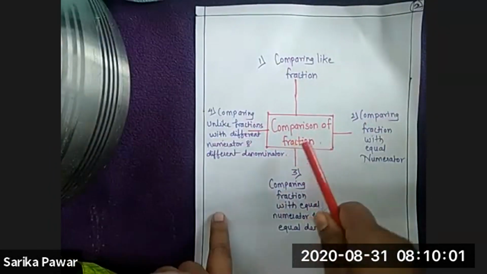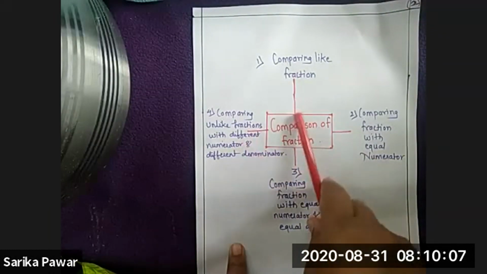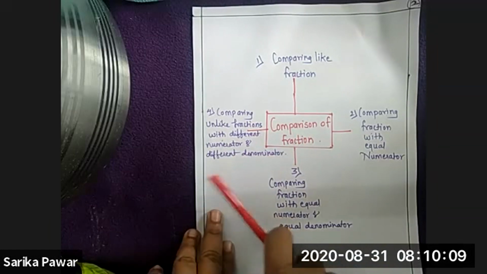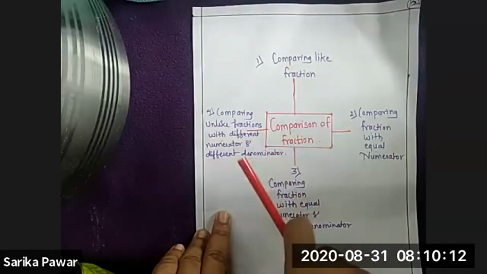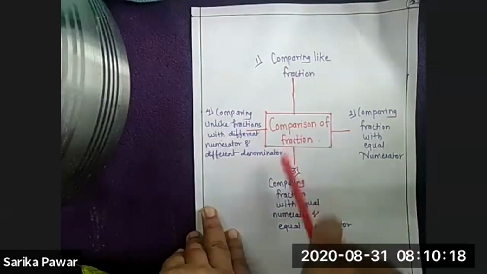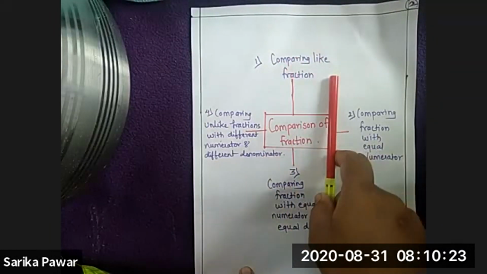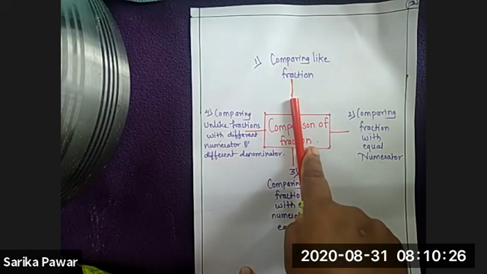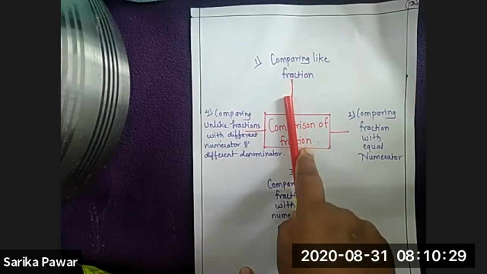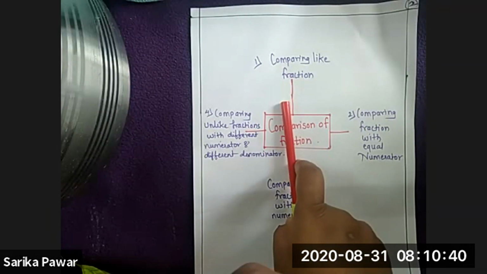Comparison of fractions. I divided this problem set into 4 parts. As per these rules, I segregated the examples accordingly. So now first I'll describe the 4 parts of the comparison of fractions. Let's have the first part, comparison of like fractions. In this, we have to compare like fractions. And like fractions we already learned in problem set 18: how to identify like, how to identify unlike, how to convert unlike into like. All this we already learned.